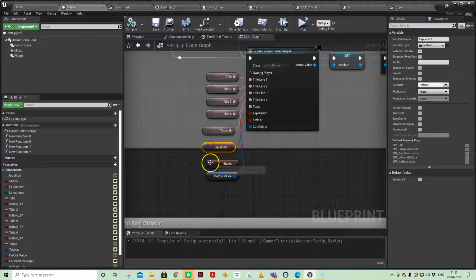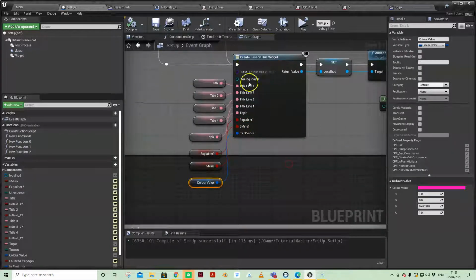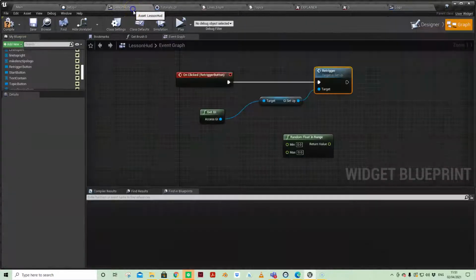And then also passing through whether the explainer boolean is true or false, and the same again for the 5-minute series, whether that's true or false. And as other series come online, I'll just add to this. And then I'm also passing through the category color. So all of that is being taken across to the lesson HUD